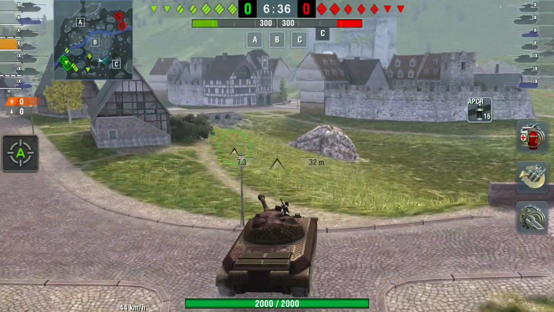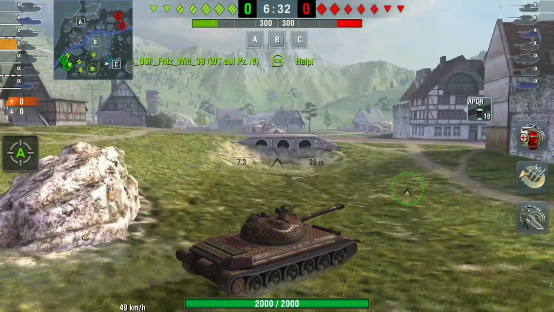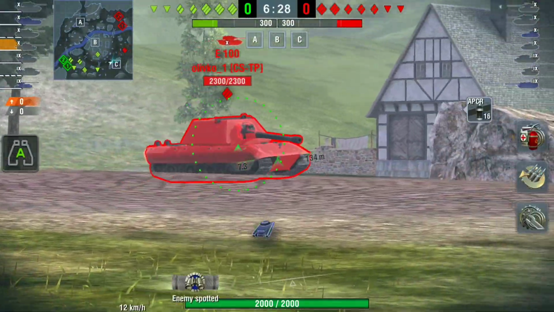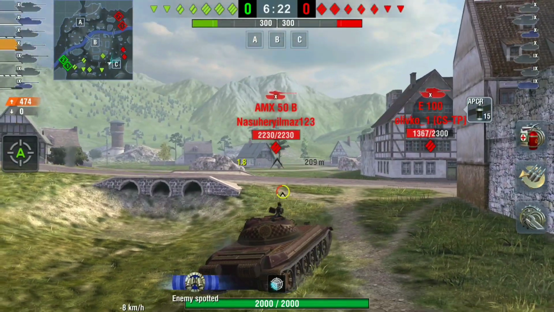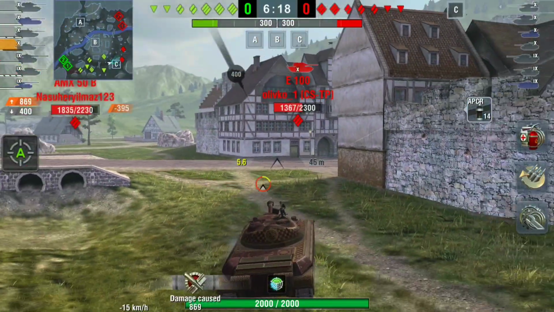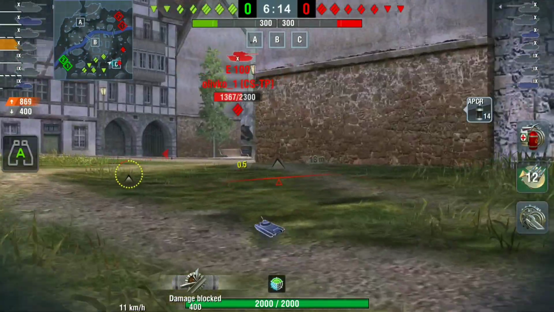It's used quite a lot in tournaments. It's got a lovely turret, lovely speed, lovely DPM, as we know, and now it has more alpha to go with that. Not sure why it actually got a buff. It didn't really need it. It's still a tough tank to play. I think there's one bad thing about this tank, and that is